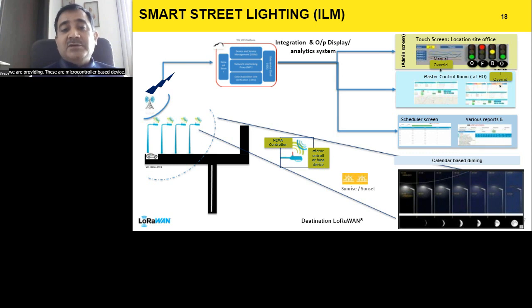These are microcontroller based devices. There are a number of solutions we are running through in the automation screen, where the entire system is integrated through a command control center. All the data that comes through